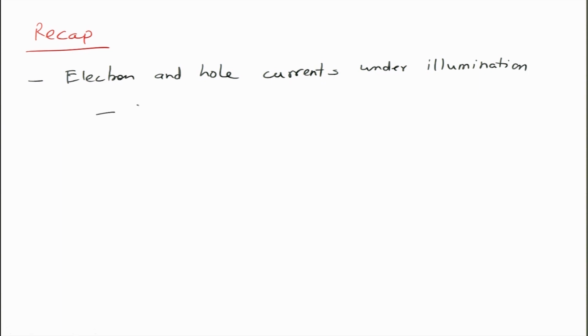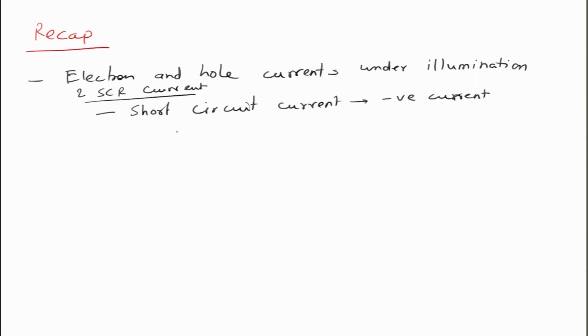So the first is short circuit current, and of course the SCR current. All right, there are three components of the current. So first we looked at the short circuit current, which is basically a negative current,